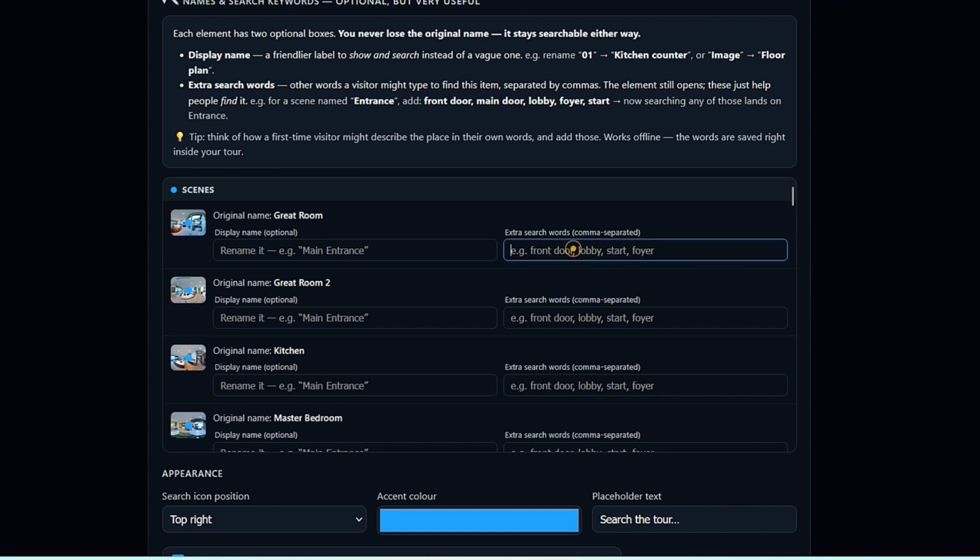Here you have two boxes available that you can change their content. In fact, these features are provided so that if you didn't choose an appropriate name for your element when designing the virtual tour, you can come here and select any name you want. This is the name that, after the user searches for that term or name, this element will appear. You can choose any name here related to that element, panorama, or hotspot that you expect the user to search for inside the virtual tour.